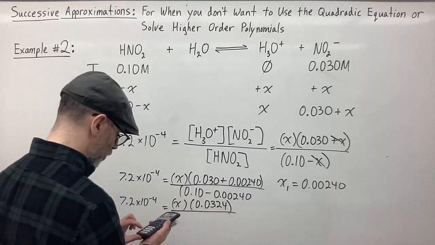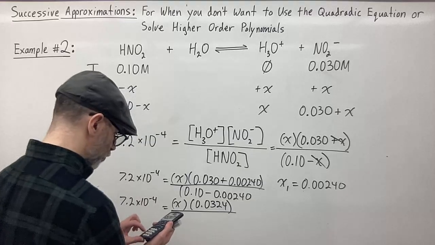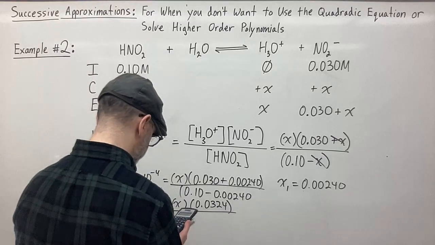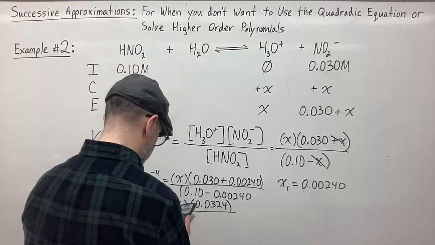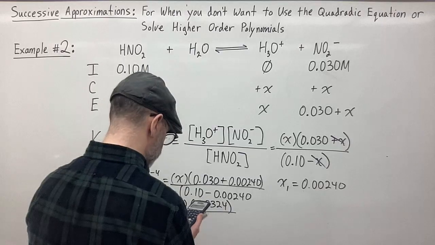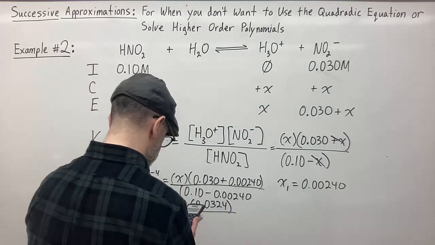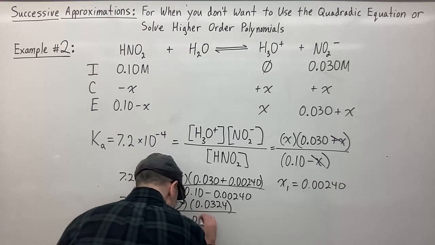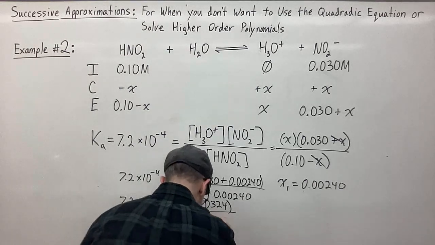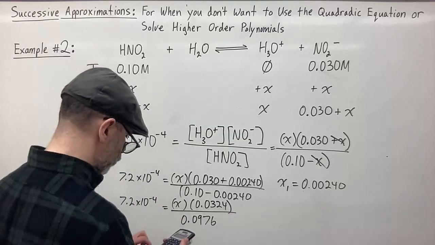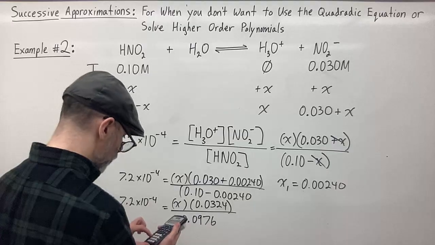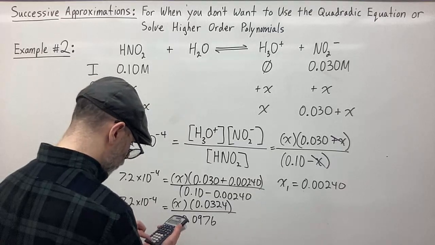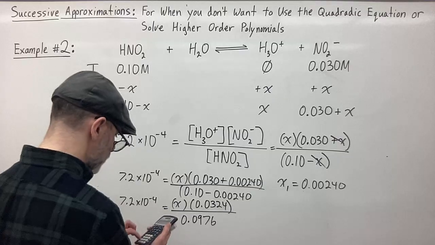That I did correct. 0.1 minus 0.0024 equals, hold on a second, 0.1 minus 0.0024 equals, that's going to be 0.0976, and then when I divide those two, I get 0.0324 divided by 0.0976 equals,